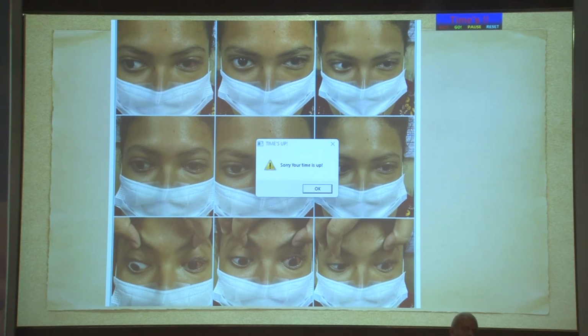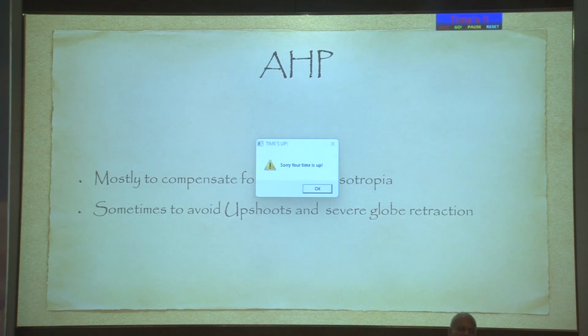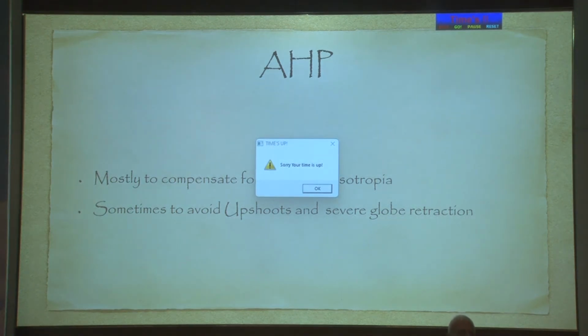Although when she came back 6 weeks later, this is the first post-op day, she looks much better in this picture, but when she came back 6 weeks later, she still had a little bit of face turn and may need additional surgery. So again, abnormal head postures are mostly to compensate for esotropia or exotropia, but sometimes also to avoid